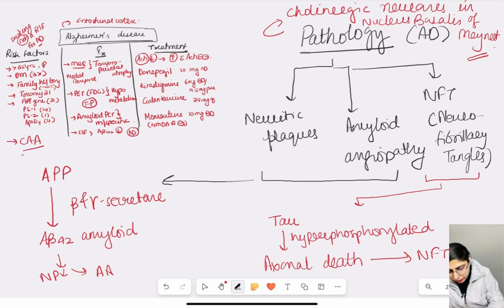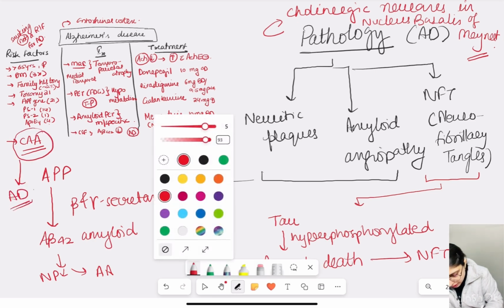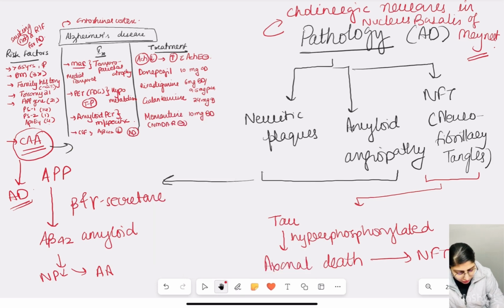Okay, and one important thing that we forgot, cerebral amyloid angiopathy, CAA, is also a risk factor for Alzheimer's disease. Please remember this. Again, INICET के लिए बहुत अच्छा question है. Will be asked because we used to see lots of patients of cerebral amyloid angiopathy at AIIMS. So the cases that are usually seen there, that we see there, are the